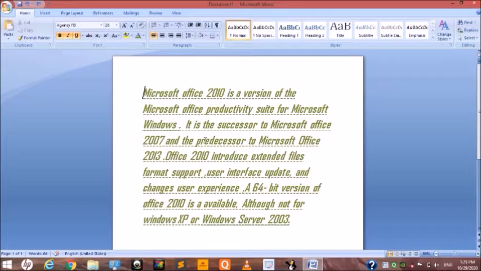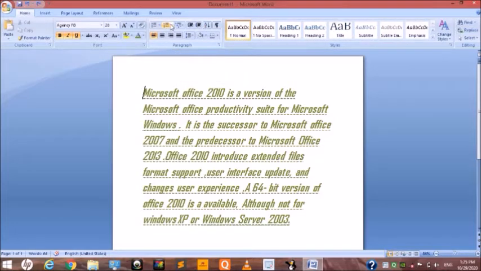Firstly, click in the document where the list is to start. I click here, the starting point. Then click on the number drop down option in the paragraph group.